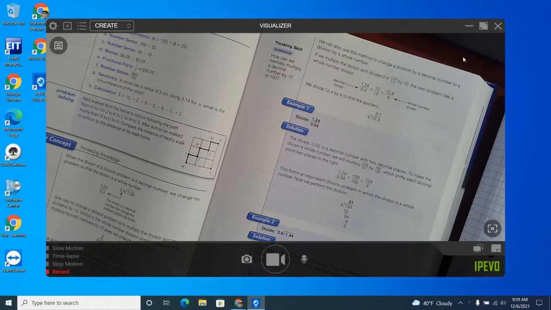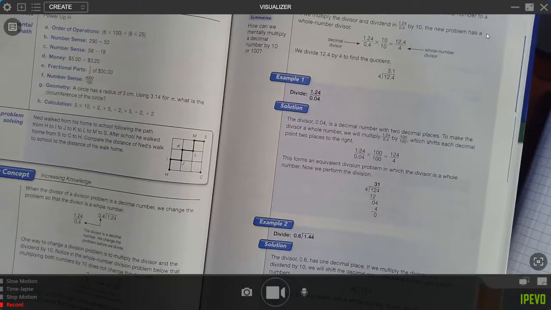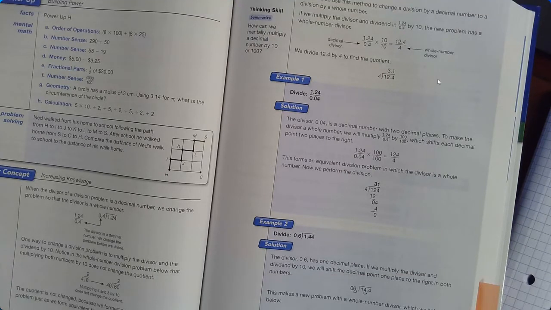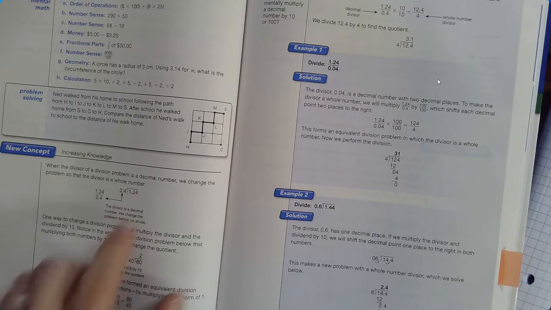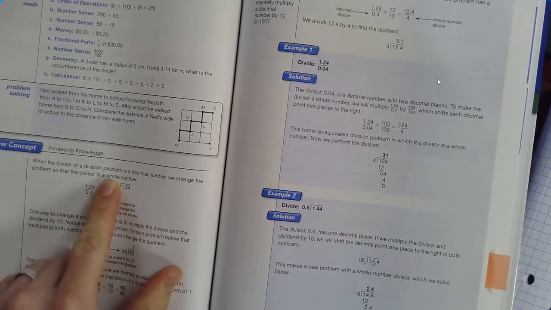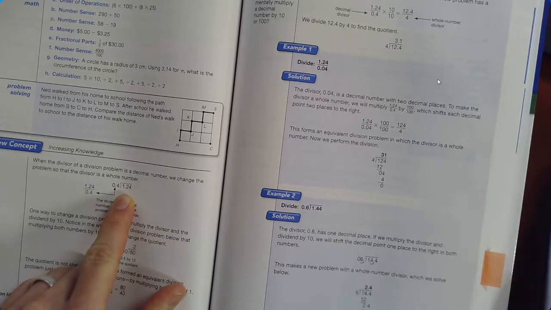So let's go ahead and jump into lesson 29, dividing by a decimal number. Now I've talked a little bit about this before, but let's go ahead and really break it down, okay? So when you are dividing by a decimal, where you have two decimals in the problem, if it was 4 goes into 1.24, it would be nice and easy. All you would do